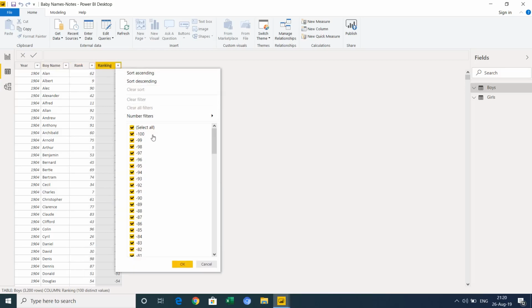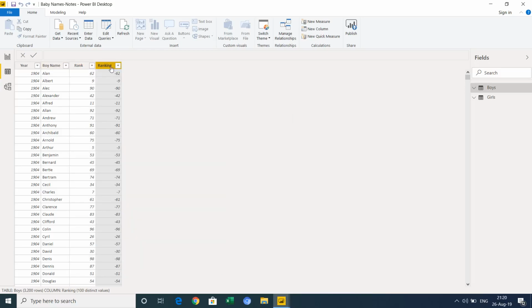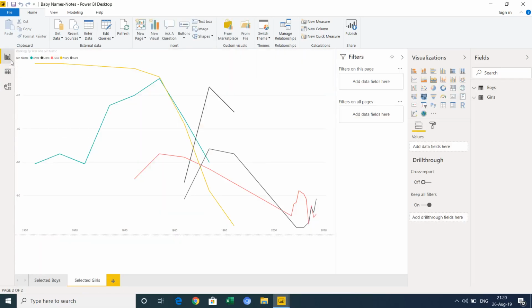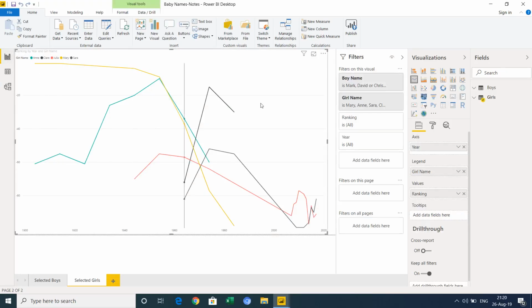And we've got the ranking there just to put it in the right order, because a rank of 1 is very good, and we want to potentially show that as the highest. So here 1 will be the highest, and we can sort it by that. So we can do a bit of exploratory analysis. We can pick out a few boys' names and girls' names and see the trend in those and see which ones are popular.